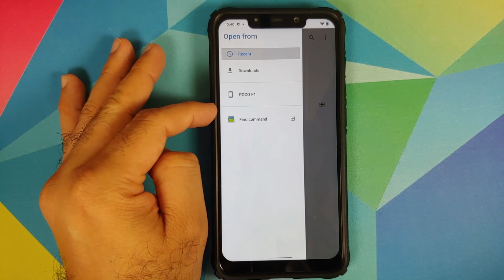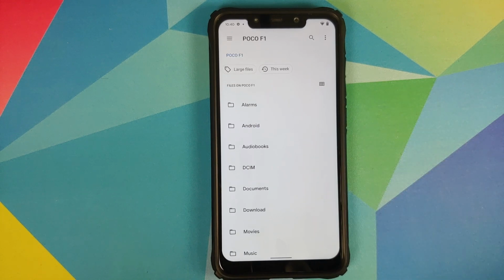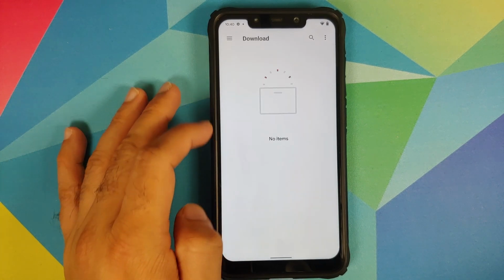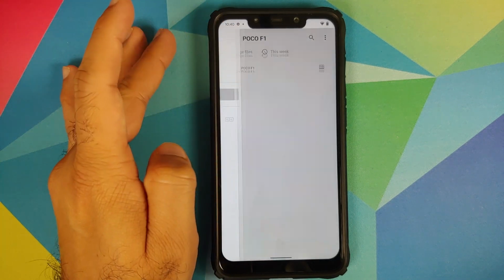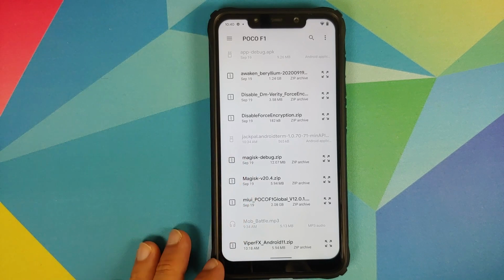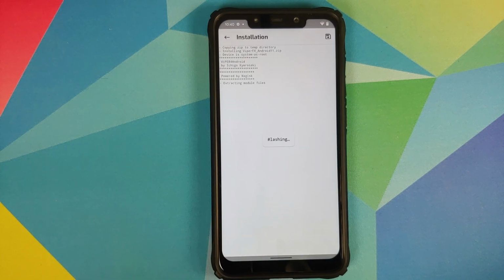select your device's name, in this case the Poco F1, and now you need to navigate to the folder where you have downloaded the Viper for Android Magisk module. In case you downloaded it on your phone directly, it will be in the download folder. In my case, I have transferred it manually, so it is in the root directory, and all you need to do is select the Viper FX Android 11 file, and